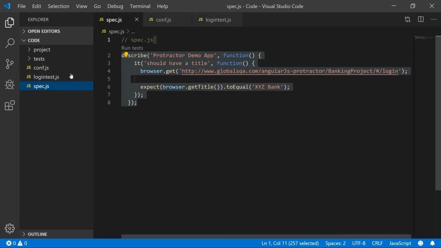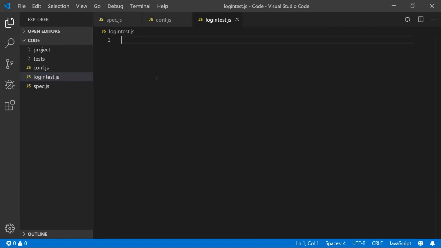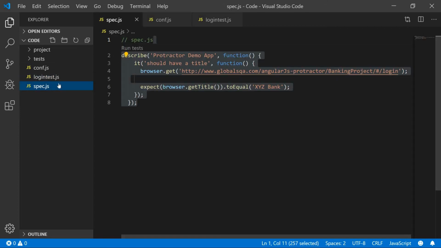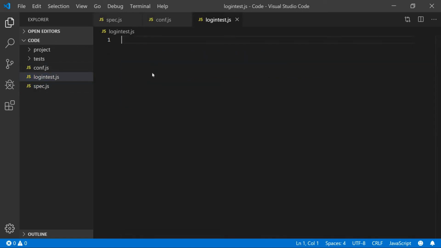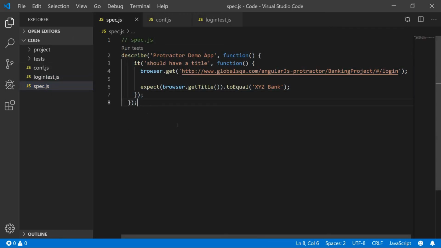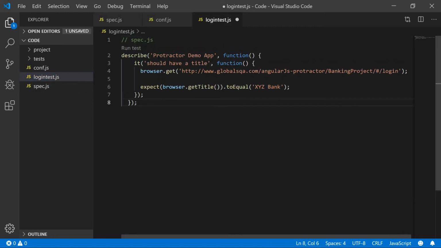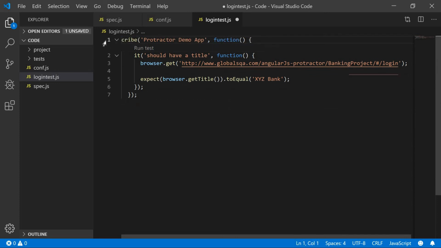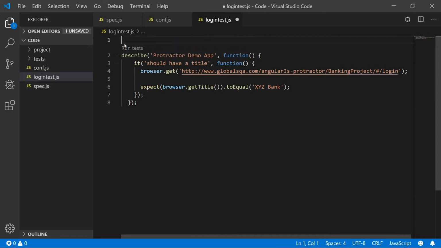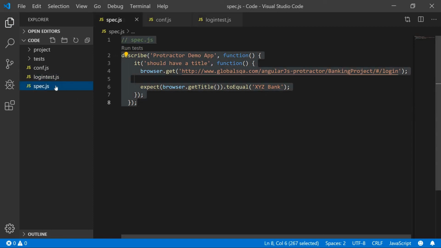Let me copy this entire thing and put it in loginTest.js. Let me remove these lines. Login test becomes another test case. So spec.js and loginTest are different test cases.